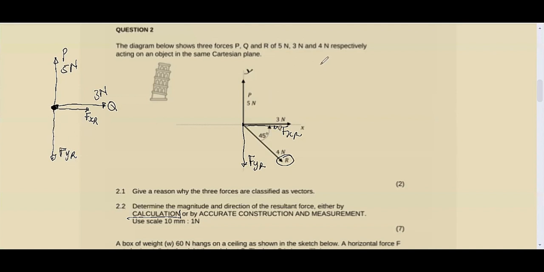Let's start with Fx of R. This will be F cos theta. So my force is 4, then cos 45 degrees. The angle that we are given here is between the x-axis and the given force, so it is in the correct place. Then we have 4 cos 45 degrees, and then this will give us a value of